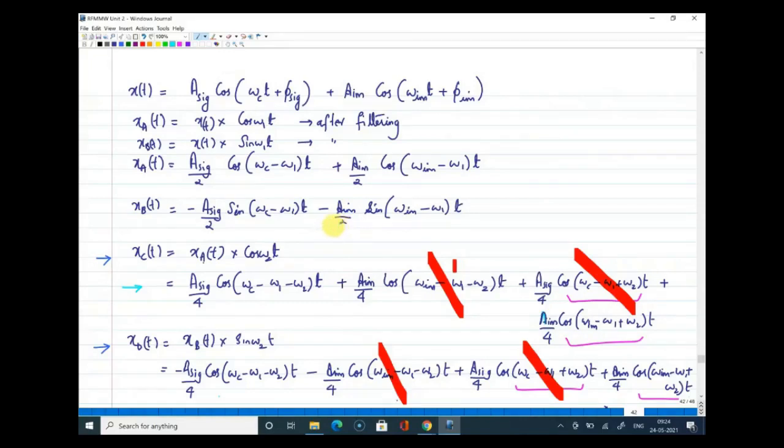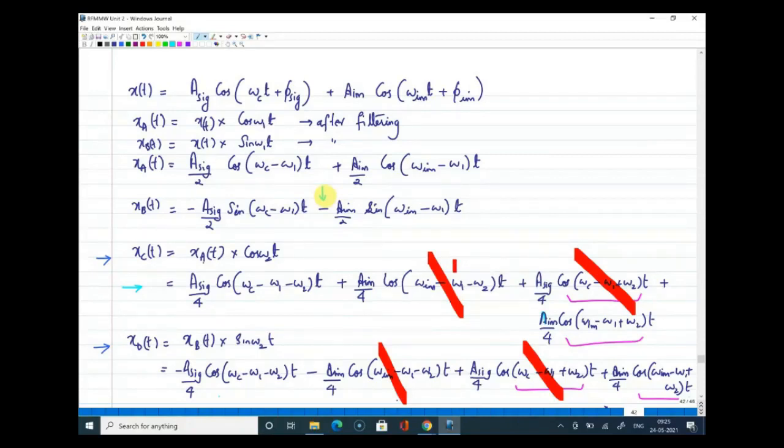All right, let me check that. So what you're telling is xb of t. I remember I have taken that also into account. Let me check that. So you meant to say that this term should be plus. Yes, sir, it doesn't matter, but we got confused because of that. Usually in sine, the argument inside we need to be positive because the sign change affects the amplitude. Yes, it does.